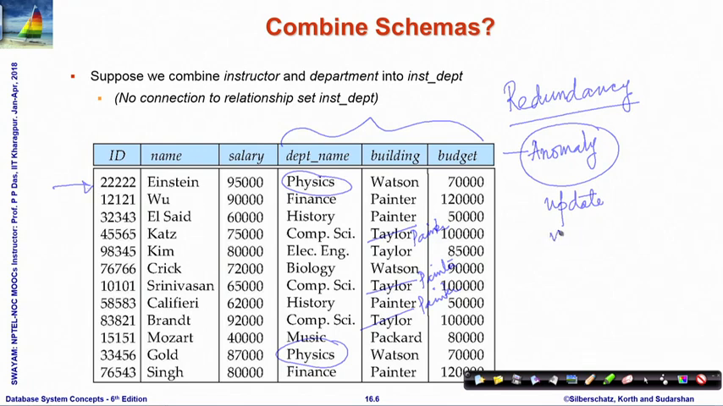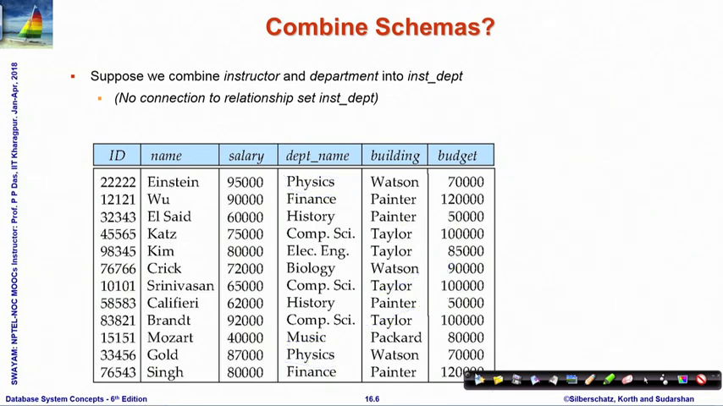So, this kind of redundancy can lead to different kinds of anomalies in a database design. On the other hand, why am I complicating the whole situation? We have already had a good design where these anomalies were not there: department was separate, instructor was separate. In that case, the